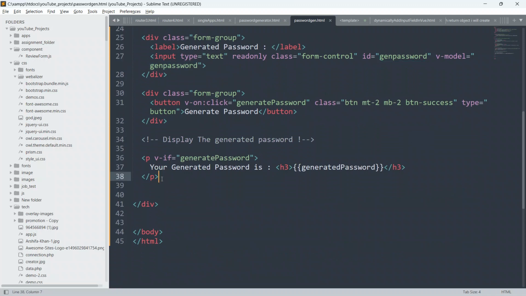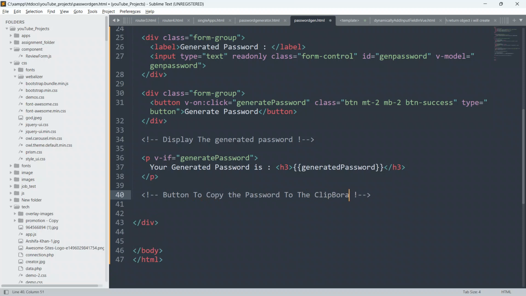Now below this I will again create a comment so that you can understand: button to copy the password to the clipboard. Now again just copy this and paste this.